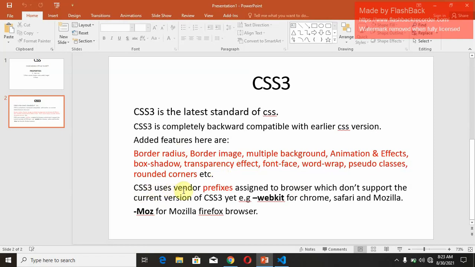CSS3 also uses vendor prefixes assigned to browsers which don't support the current version of CSS3. So that means if you have a browser which has not been updated, I know some of you don't like updating your browser, which is actually a bad thing. I try to update my browsers as frequently as possible because